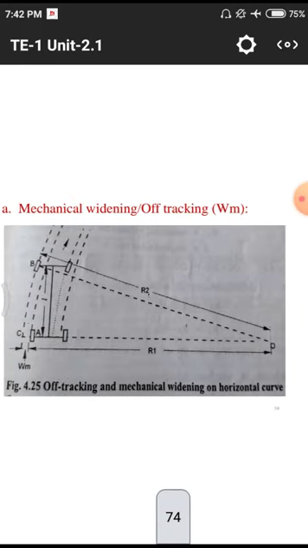The first one is mechanical widening. That means in the mechanics of any structure, we simply resolve the forces by using different kinds of arcs and others. For mechanics, drawing is the core subject. For physics, the core subjects are mainly the tangent theories and other equations. So first of all, in the mechanical widening process, we need to form the particular pattern of the road.